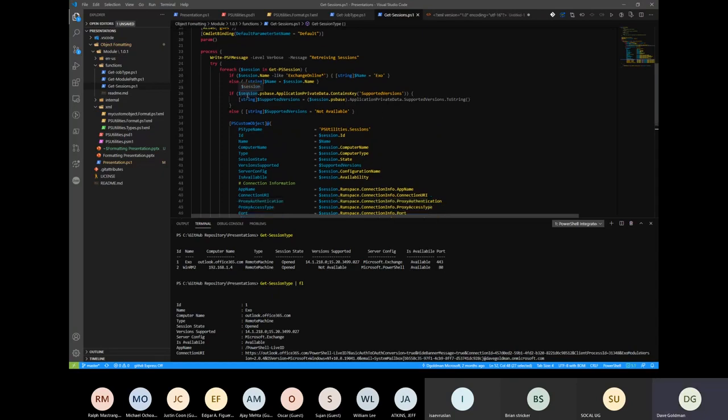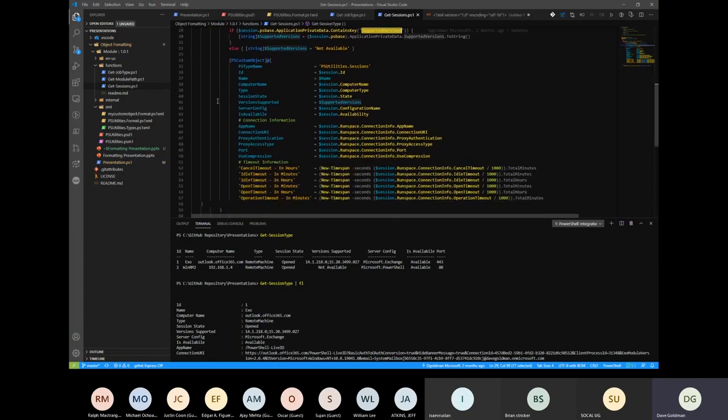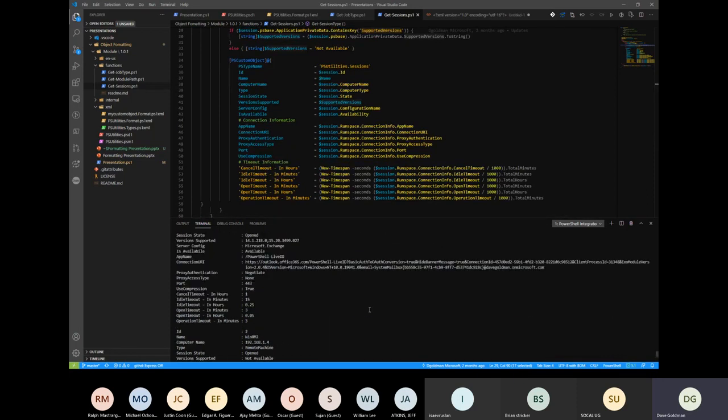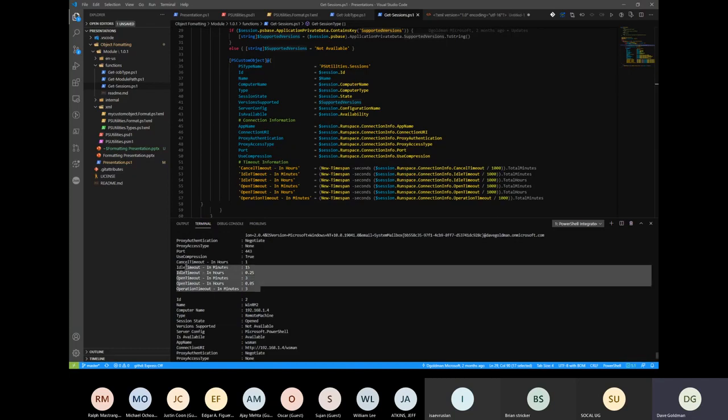So as I was mentioning before, off the session object, you have that hidden PS, the PS objects. Here I get the base. I go for the application private data, and I look to see if it has a supported version, and it does. And I save those, and then I start to construct my custom object, and then I can do calculations or whatever I want to do, so I can have my data in a user friendly readout, which makes more sense